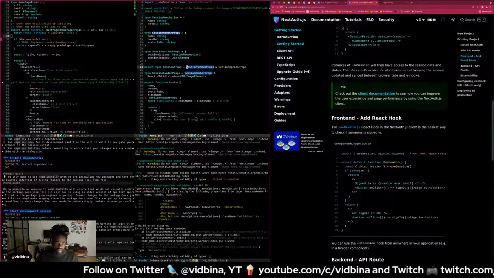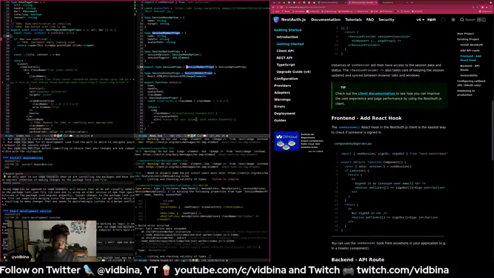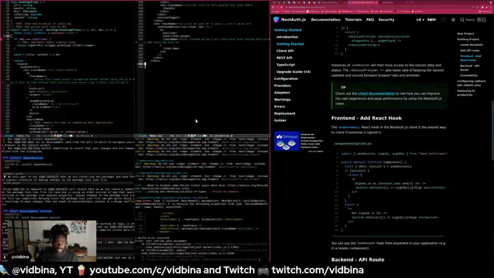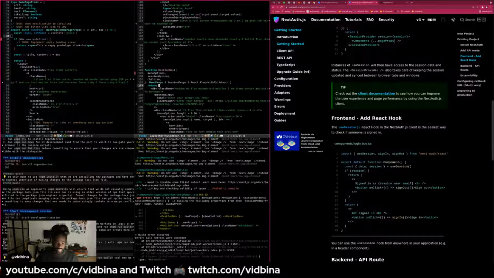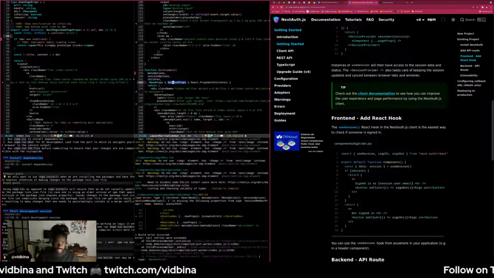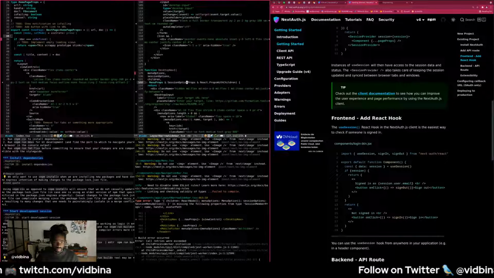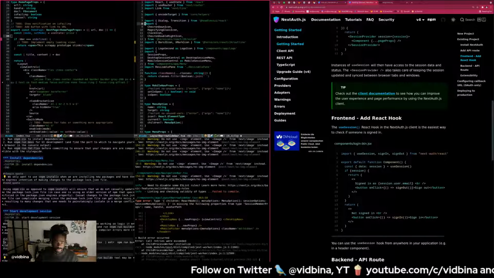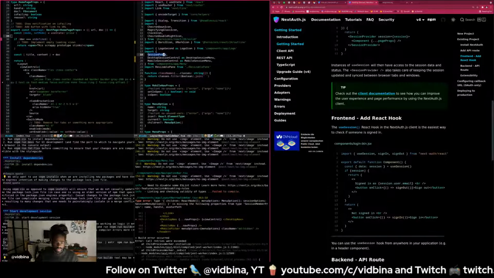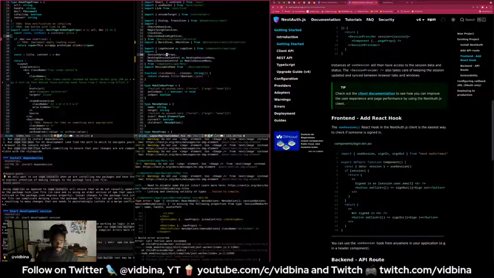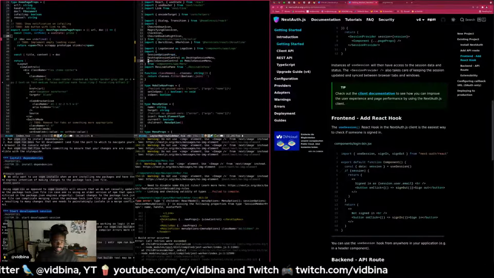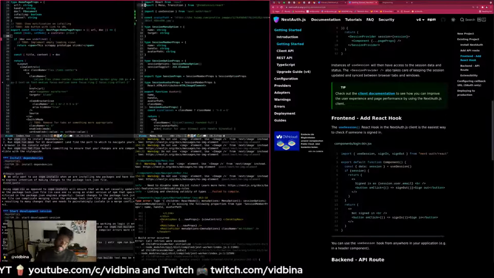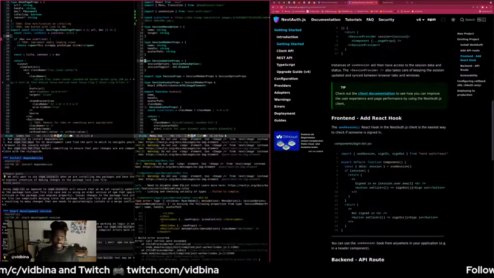We only have to pass in session option props. Yeah, fair enough. Option props or session option props. This option props. This section